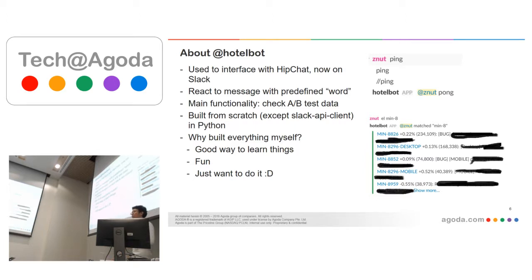There are a lot of libraries, like a driver. So if you want to connect to the Facebook Messenger platform, for example, you just find some driver and you can say, okay, I want this message, maybe I want a stream of messages, something like that. And why I build everything by myself from scratch? Because I want to learn something new, and it's just fun, and I just want to do it. Like Joe said, why did he choose .NET Core? Because he just wanted to do it, right? Something like that.